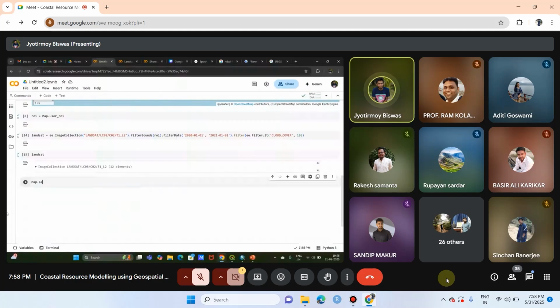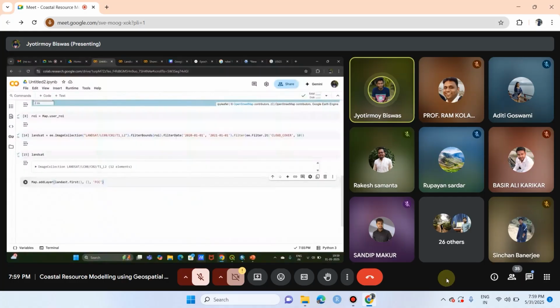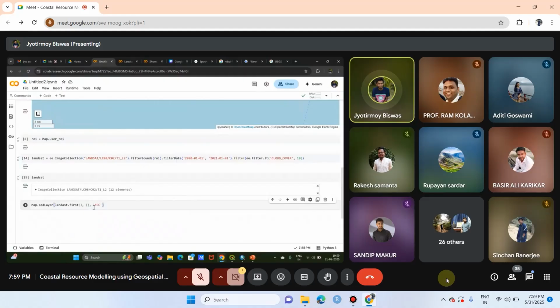So for the purpose, we can just visualize the first one, and comma, then we need to define a visualization parameter, and it is also auto completing. So we will not use that for timing. Define. And last, we can just name the layer, say layer name. So let's say we are naming it FCC, and if you just run this code,